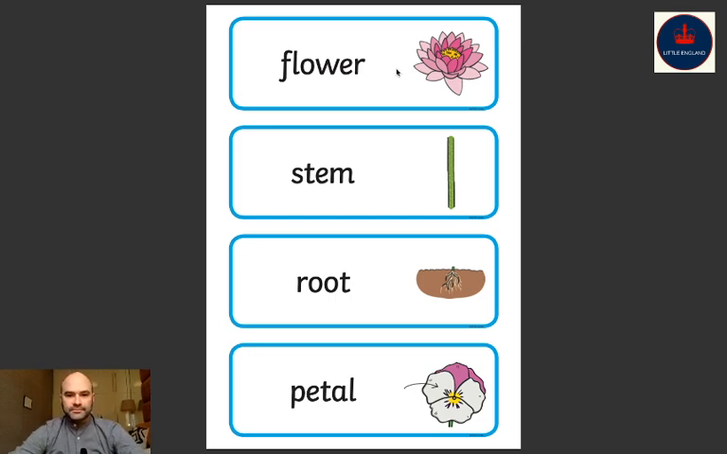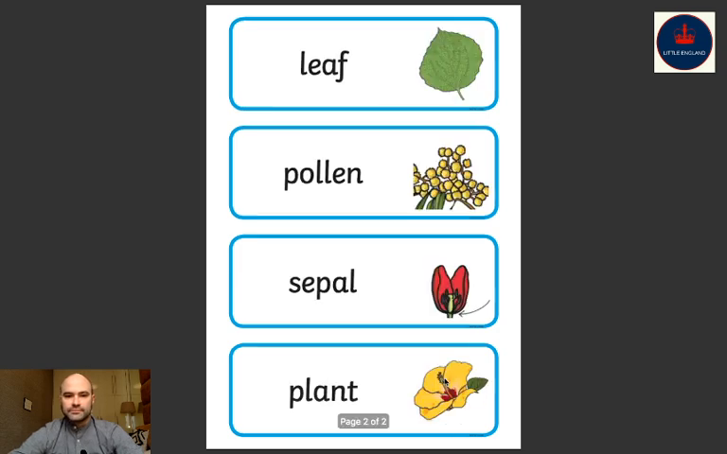Flower, stem, root, petal, leaf, pollen, and sepal,